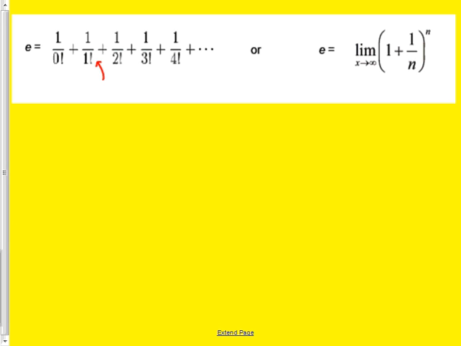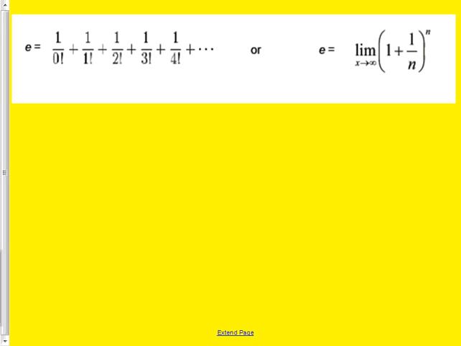Do you know what 4 factorial means? Do you have any clue? Yes? 4 times all of it. Yep. 4 times 3 times 2 times 1. So if you had 3 factorial, it'd just be 3 times 2 times 1. It's times all the numbers in front of it. That's correct. Okay. So E is equal to